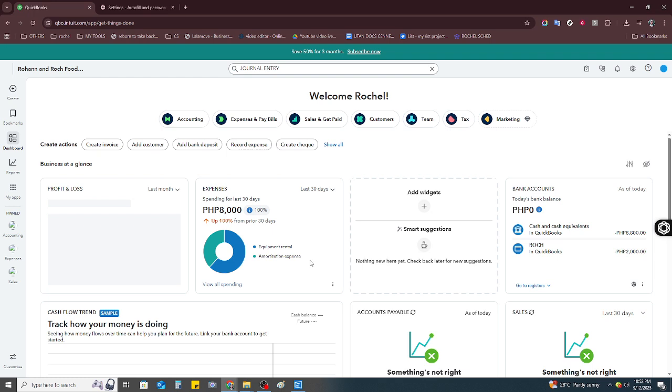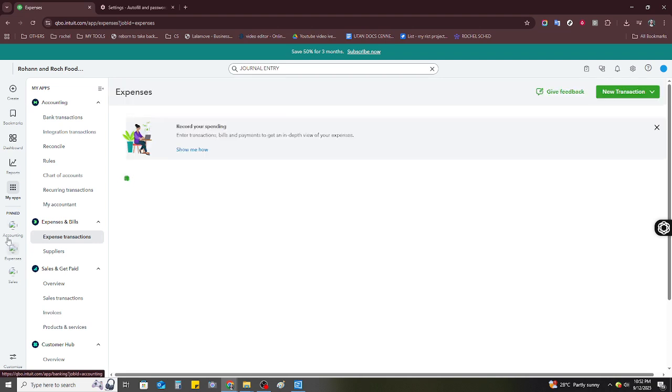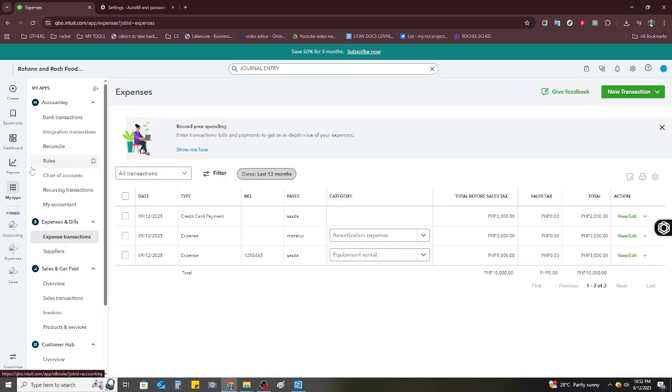Today, though, our focus is on vendors, so direct your attention to the left-hand menu. Look for the Expenses tab and click on it, which will expand your options and reveal the Vendors section. Select Vendors to proceed. Now that you're in the Vendors section, you'll notice a list of all the current vendors